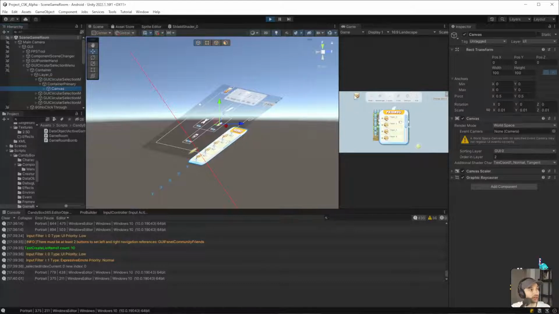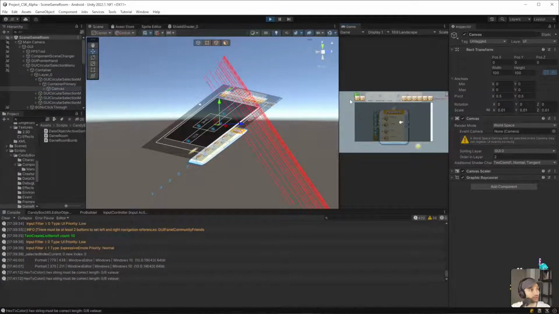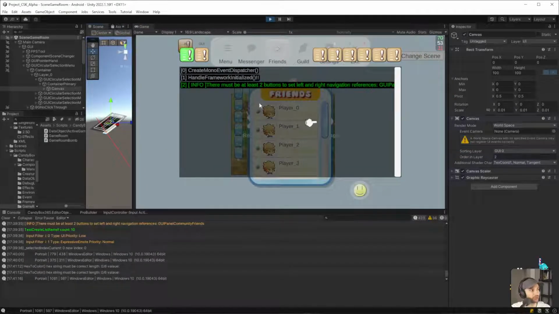So something happened that resulted in order in layer 2. What is this? There must be at least 2 buttons to set the left and right navigation references. Yeah, okay, that's nothing.